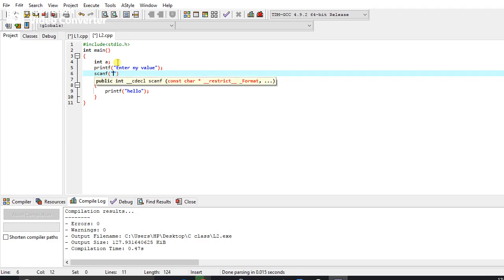Scanf is %d, comma, address of a. Here we store our value at the address of a. So let's compile and run.